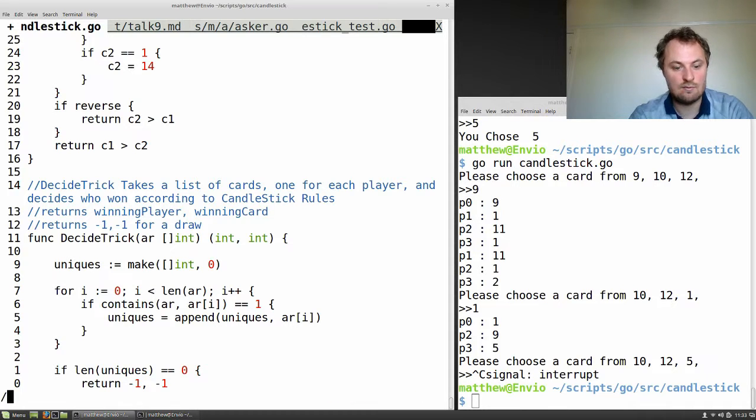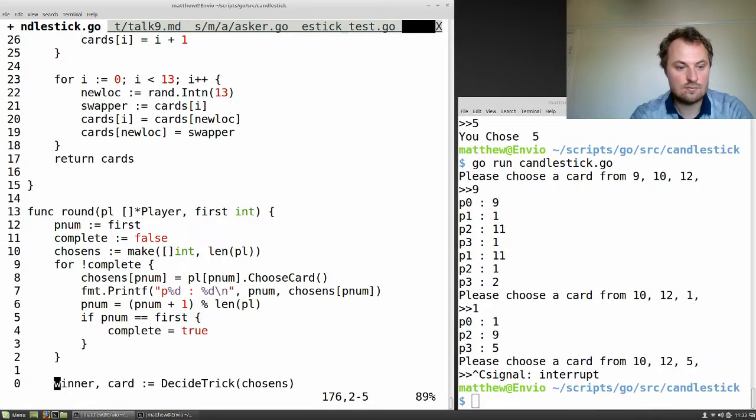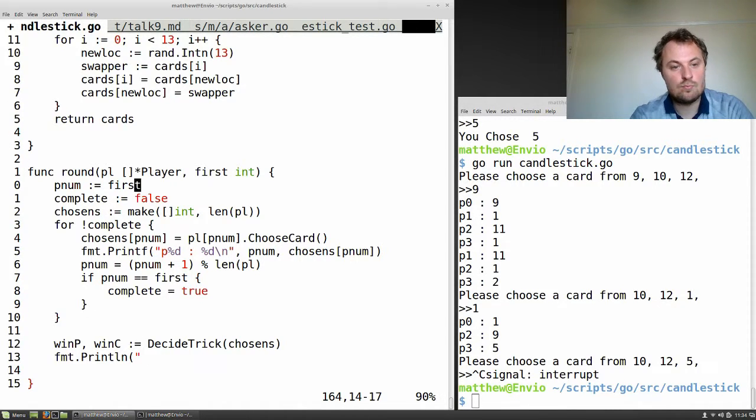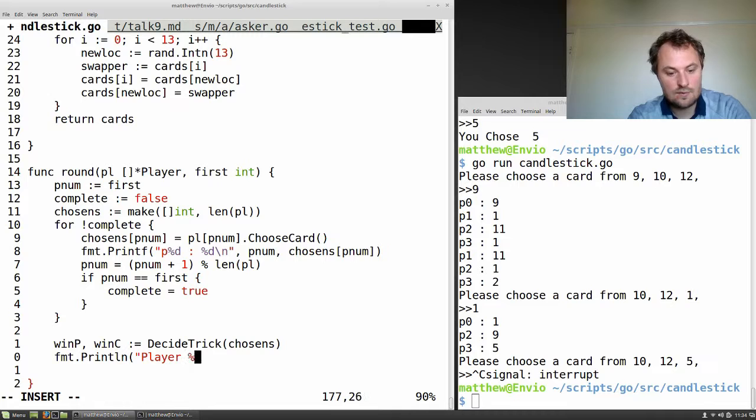And so we were in round... thump.println 1, player %d wins with %d, and a new line, and then